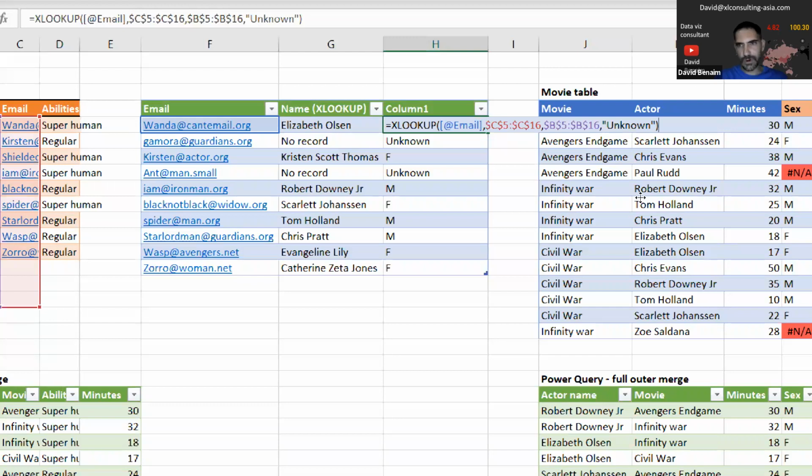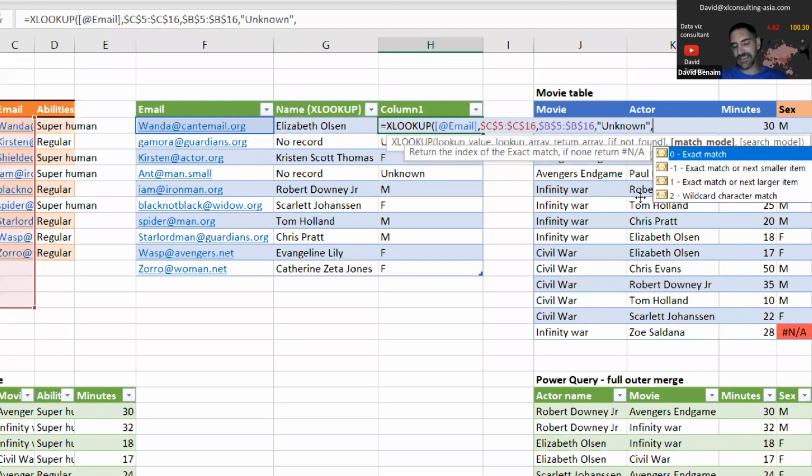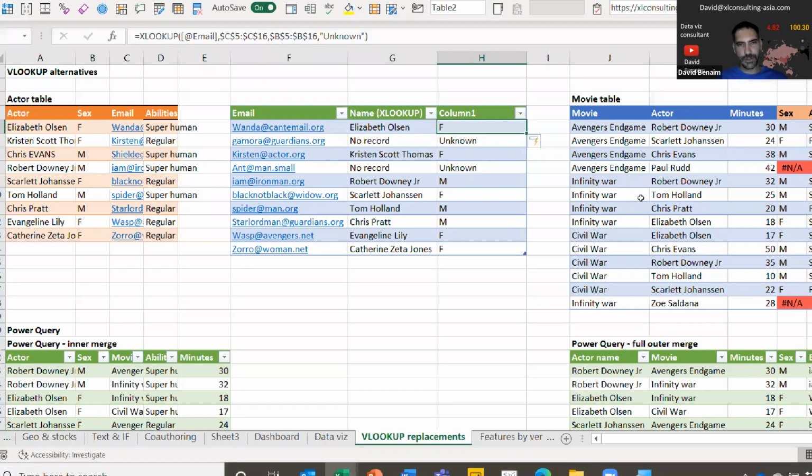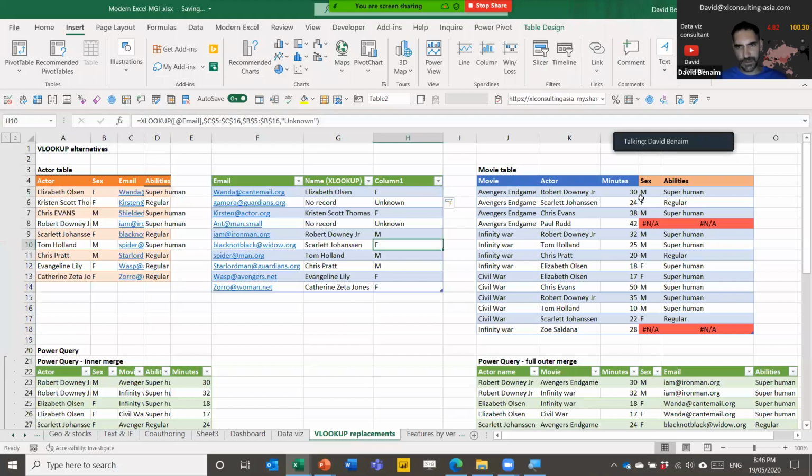And then you have some more obscure options for exact or approximate matches and whether to look from top to bottom or from bottom to top. But I rarely use those, although I do use the value of error 1 a lot. So that is XLOOKUP, but that's not really all of the problem, because